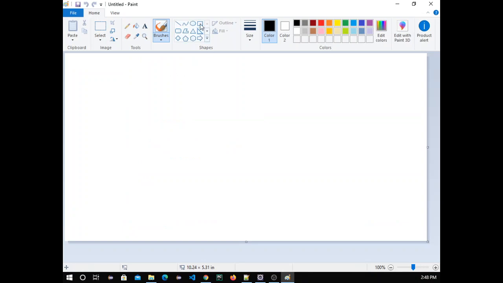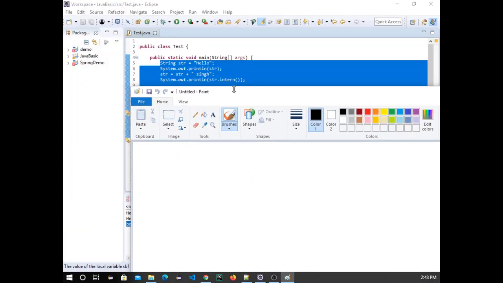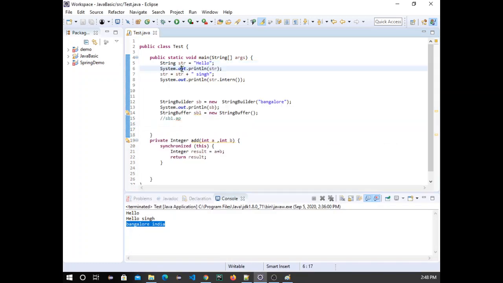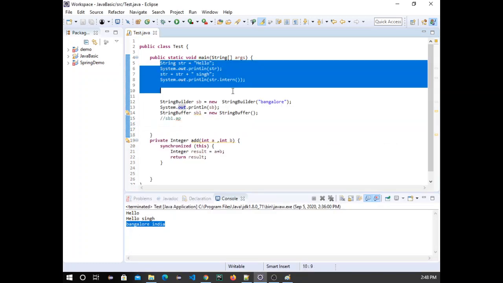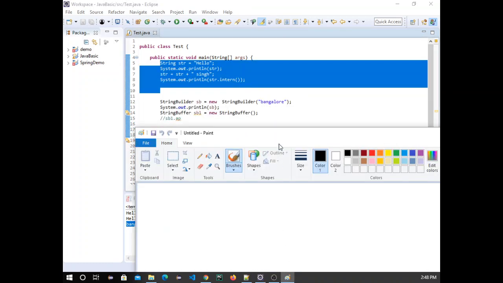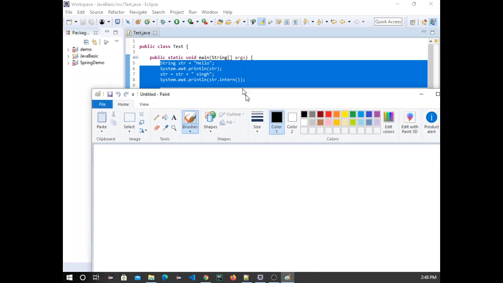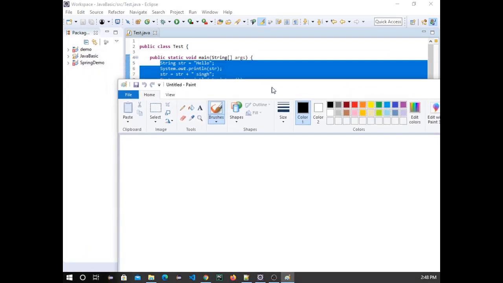Let's go a little bit into memory. I have explained how a String basically works in memory. So let's see what a StringBuilder or StringBuffer does, because both are the same, just one is thread safe and the other is not.